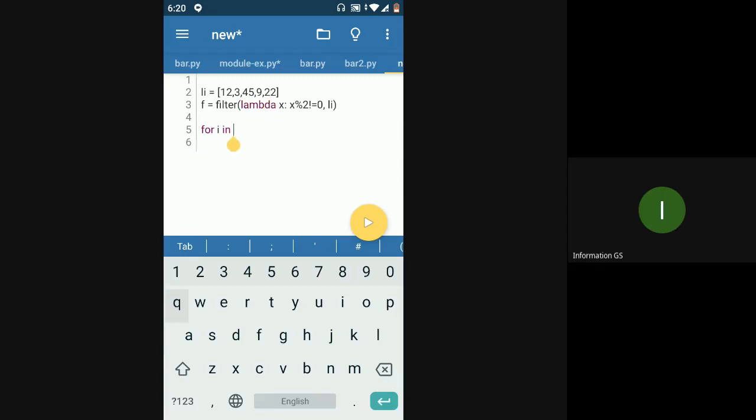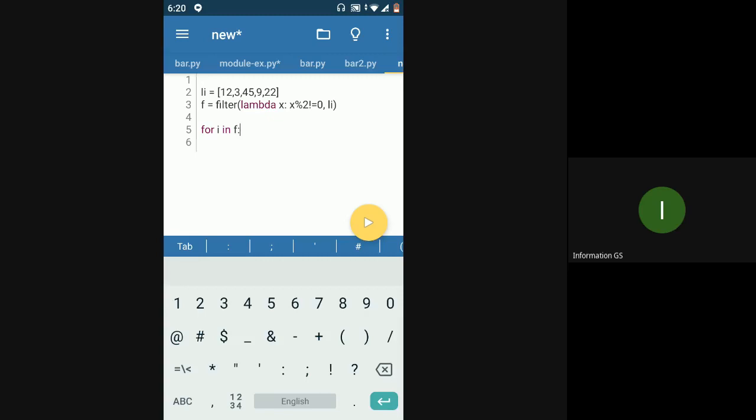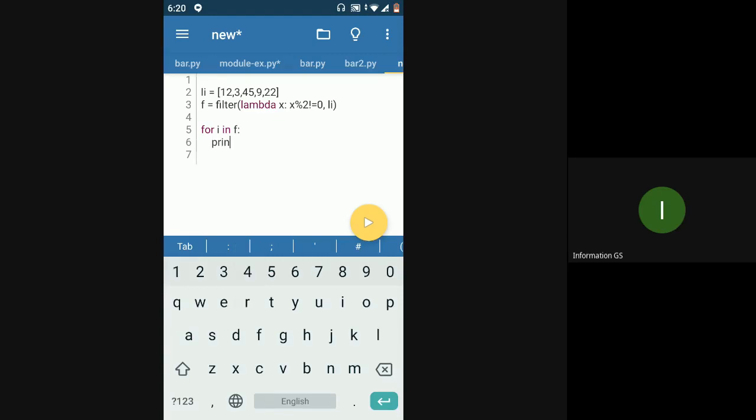Similarly, my filter function returns an iterable, so I have to iterate it in order to get the values from it, using a for loop. So I just say for i in f, print i. If I do this, then it will return the same values 3, 45, 9.